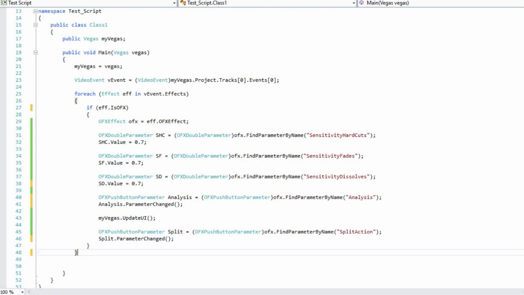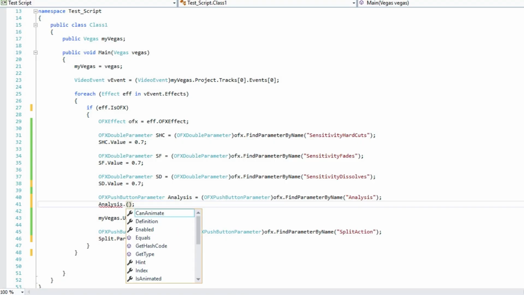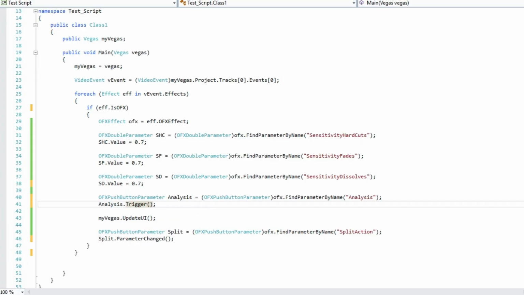Let's see this change. Right here's the script we used a couple weeks ago, and we used this ParameterChanged in order to push the button. Since then, I've learned there's actually another option, so let's see what that is. We have something called trigger. And so we'll change both of those words from ParameterChanged to trigger,